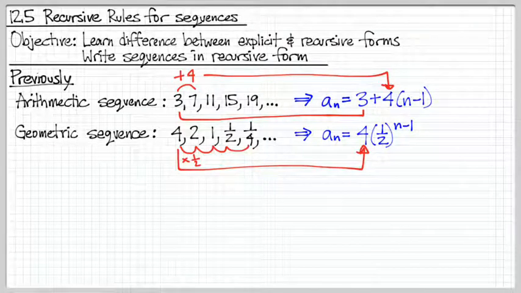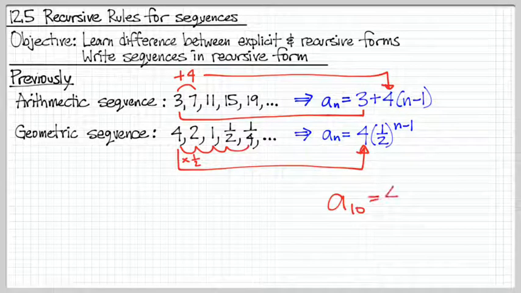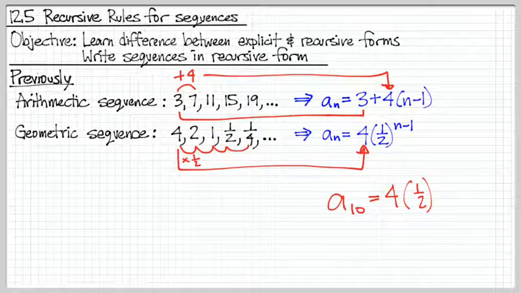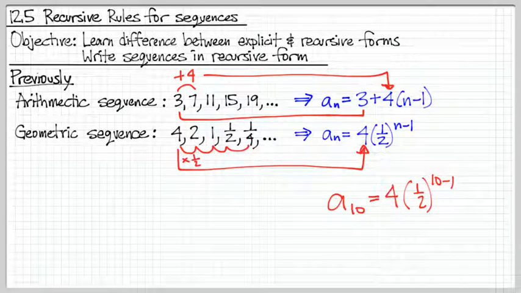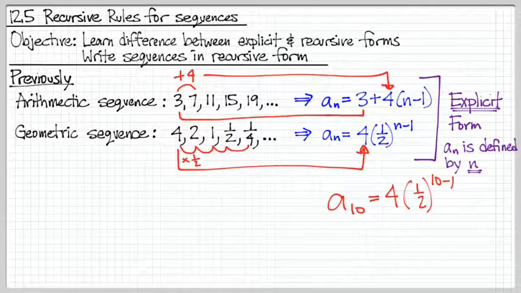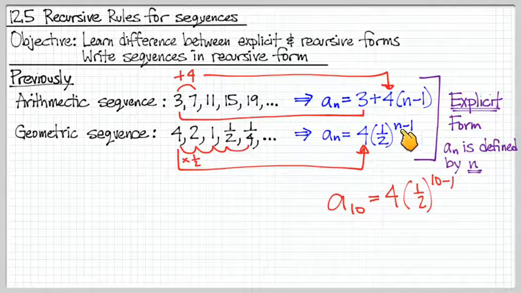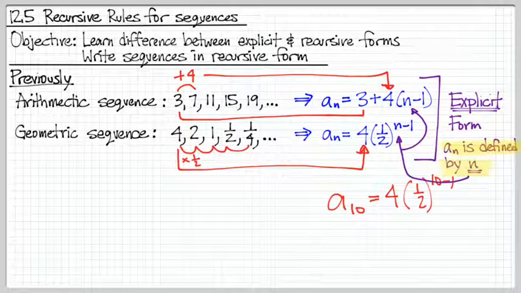And again, if I wanted to get to, say, the 10th term, I just plug that into my equation, 10 minus 1. I plug 10 into the value of n, and then I could figure this out and get a number. So we called this explicit form, where the term an is defined by, it's a function of n, the number. Okay, let's look at